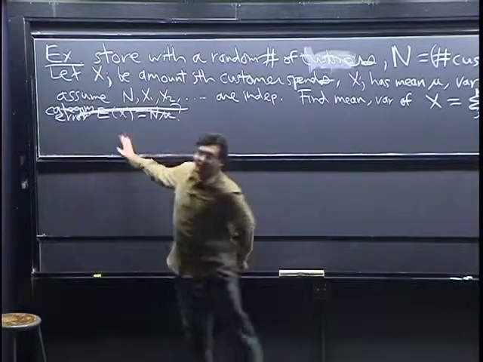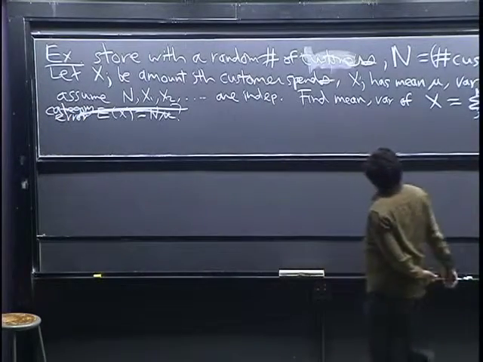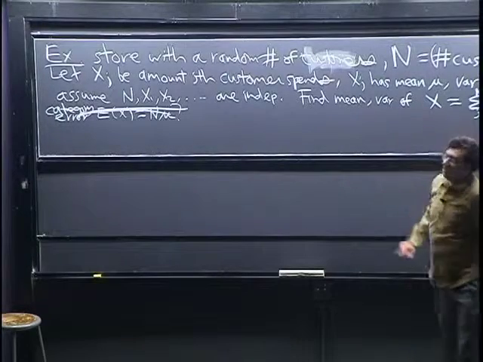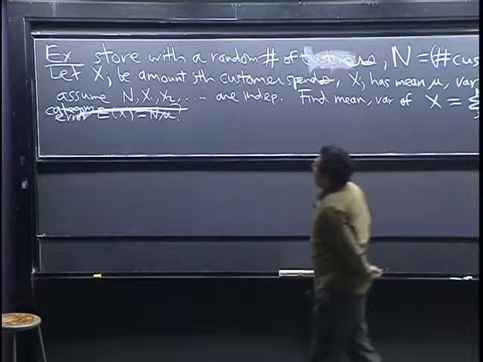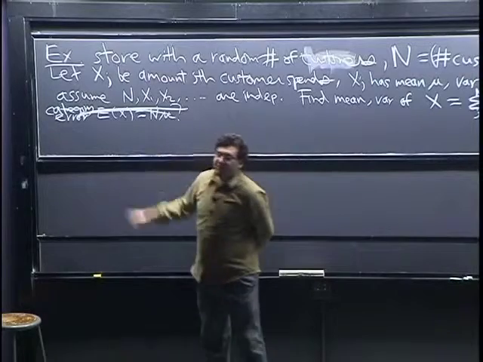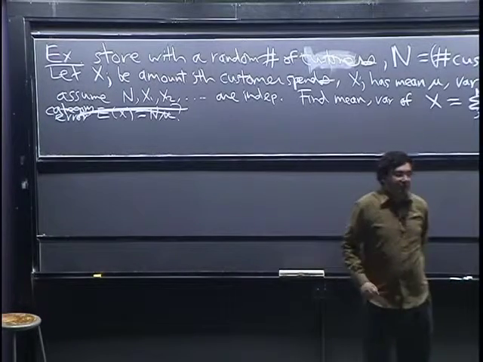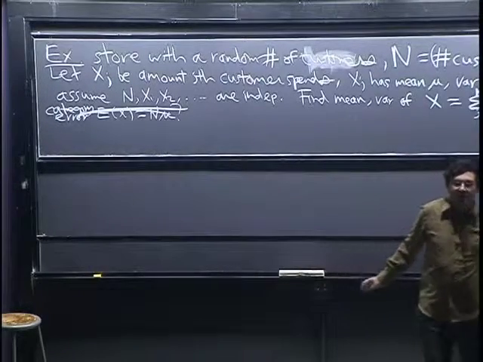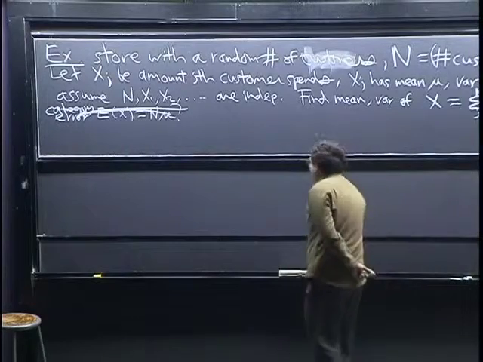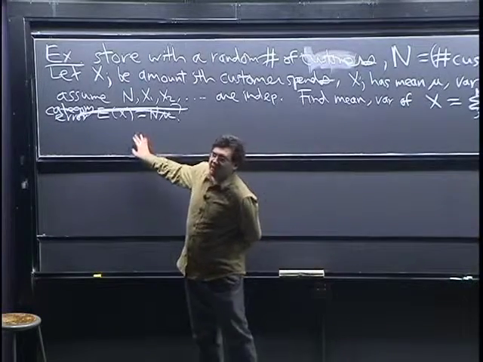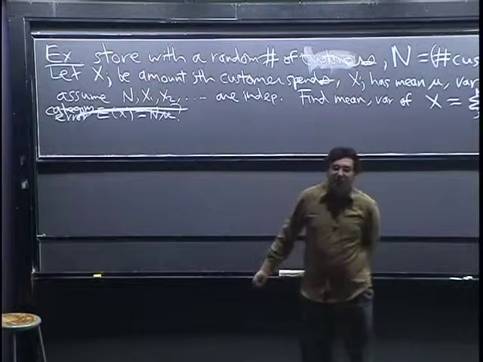E of x is supposed to be a number. It can be based on the various constants we have, but it can't involve a random variable. Capital N is a random variable, so that's completely wrong. That's a category error. However, that category error actually suggests something useful to us, which is that we kind of